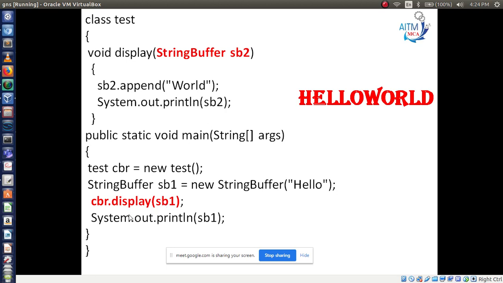Now come to this SOP sb1 you are printing. So sb1 means what here? Hello. Okay, hello. So will the output display hello or something different here? In this line you will get hello or something different.